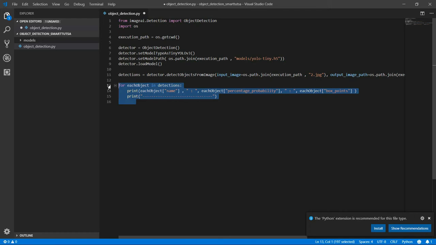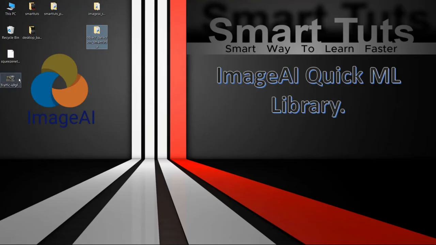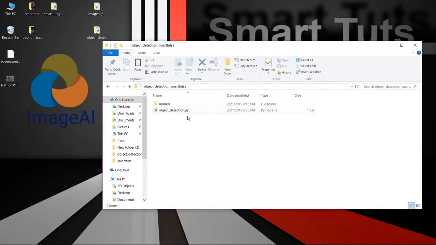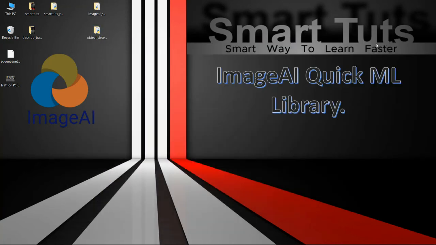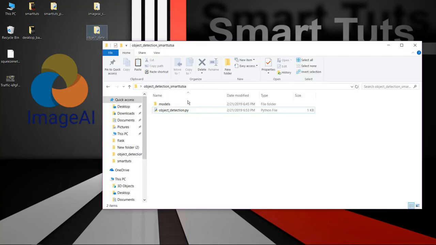Let me show you the demo. First, let me collect 2.jpg and paste it inside my project folder. Now let me paste an image inside our folder. That will be this image.